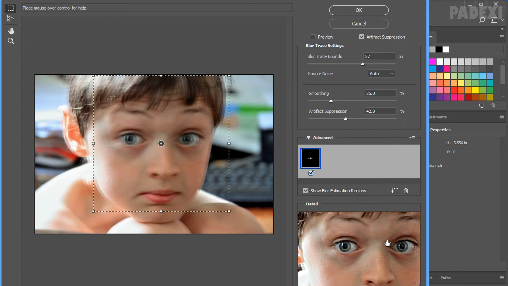Alright, so here we have the detail loupe. If you click and hold the mouse button and then release, you can switch between the original version and the corrected version here. What the Smoothing and Artifact Suppression attributes do is this: by changing the smoothing value, we have reduced the high frequency sharpening noise from the image, and the artifact suppression option suppresses the noise artifacts that can appear when we sharpen the image. Okay, so it works best with the medium frequency noise. So go ahead and click OK,